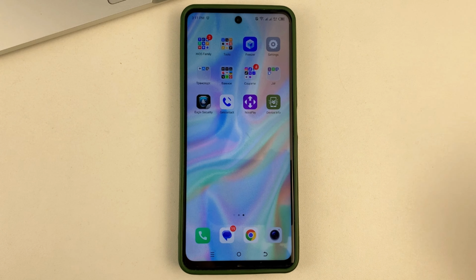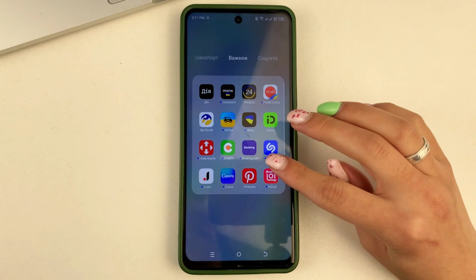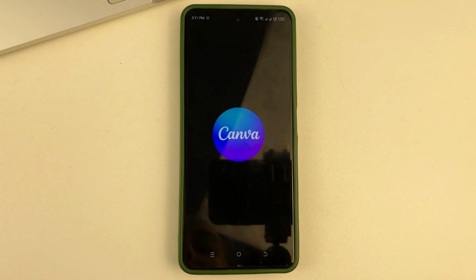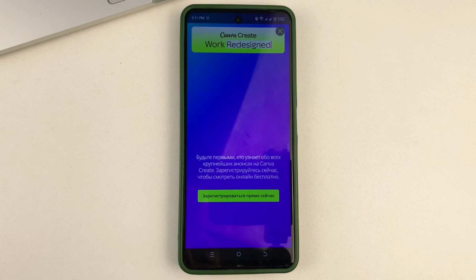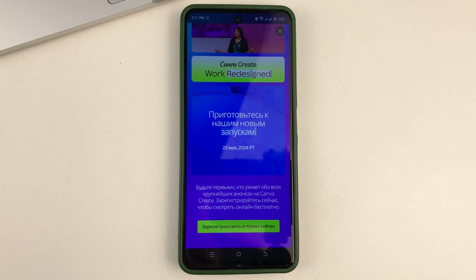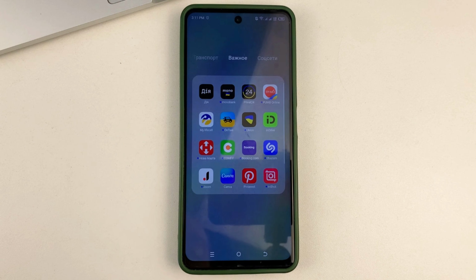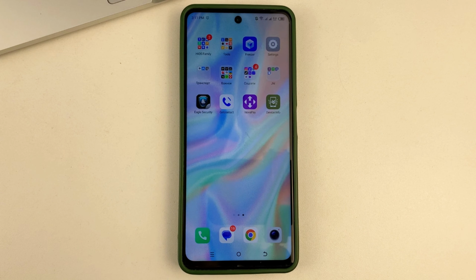So, let's say you have opened some app on your Android. And if you've just done some work in it and then you want to exit, often people just click on this main middle button to exit. Yes, that way you will of course exit the app, but you won't close it. So what do you do to close an app? To do that you will need to, on your Android, absolutely, on any Android this method works.